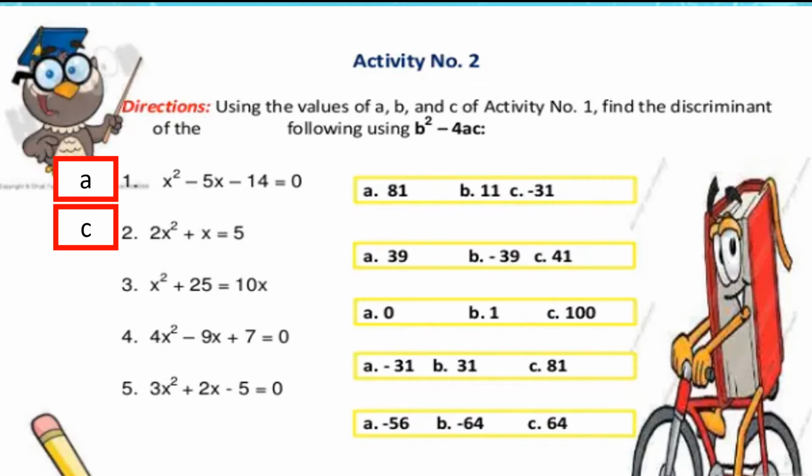Next, number 3. We have the solution, negative 10 squared, which is 100, minus 4 times 1 is 4 times 25 is equal to 100. So, 100 minus 100 is equal to 0. Okay, the answer is letter A. How about number 4? So, in number 4, we have negative 9 squared is 81. Minus 4 times 4 is 16 times 7. So, 81 minus,